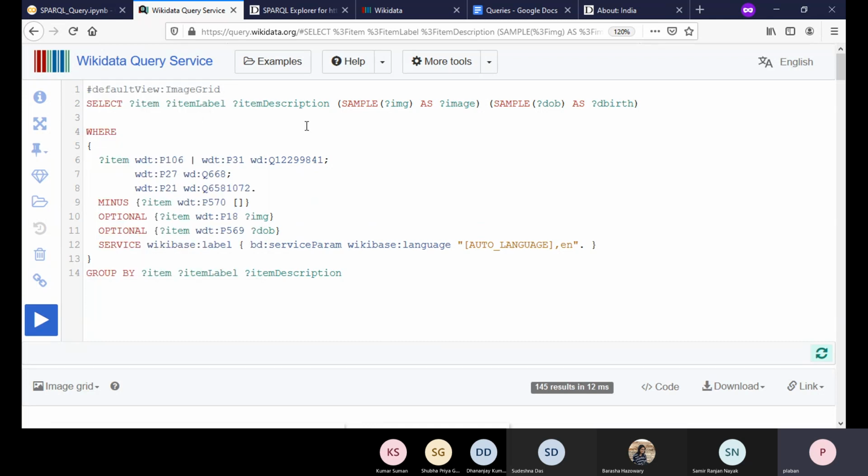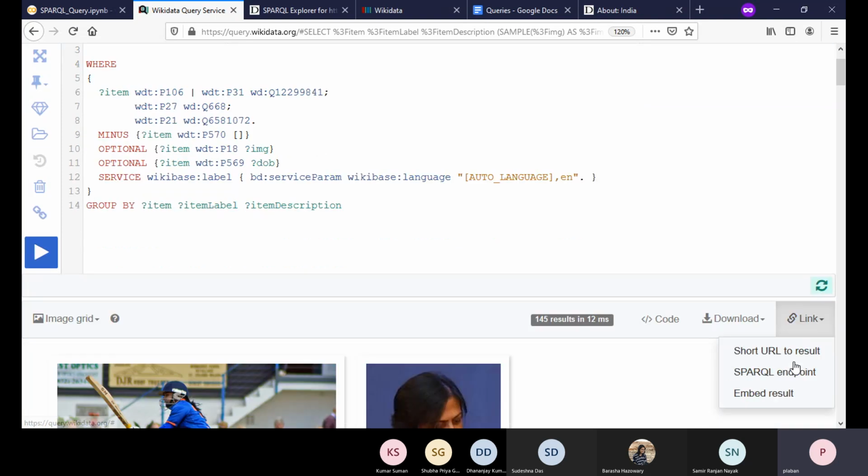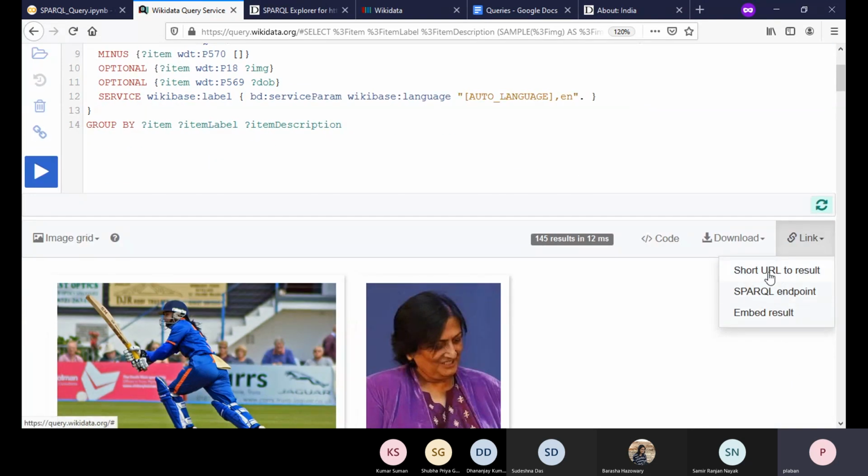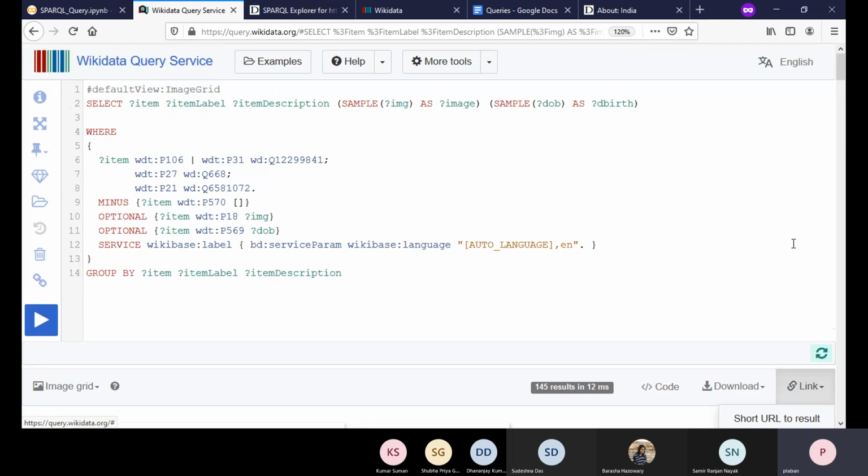If you say image grid, then you can share it. For example, you just go to get a link to query, select here, and it will get you a short URL, and then you can share that with anyone you want. So I guess more or less I'm done with today's tutorial.